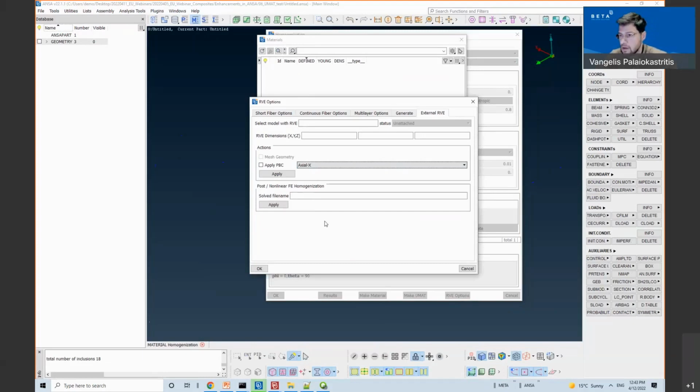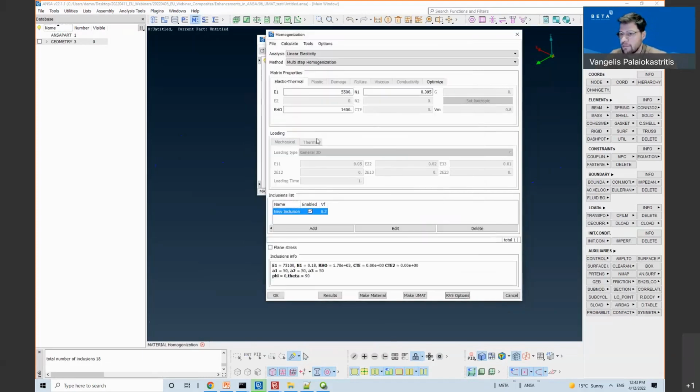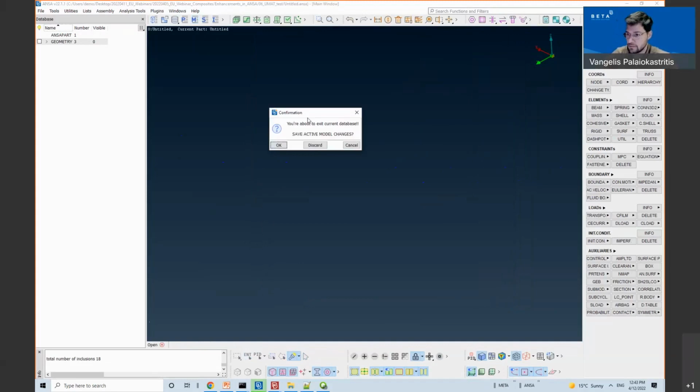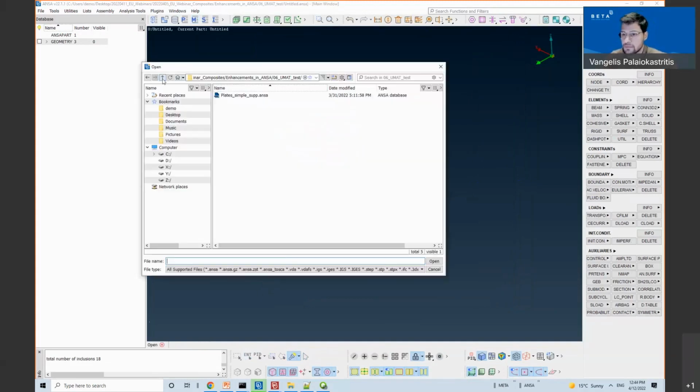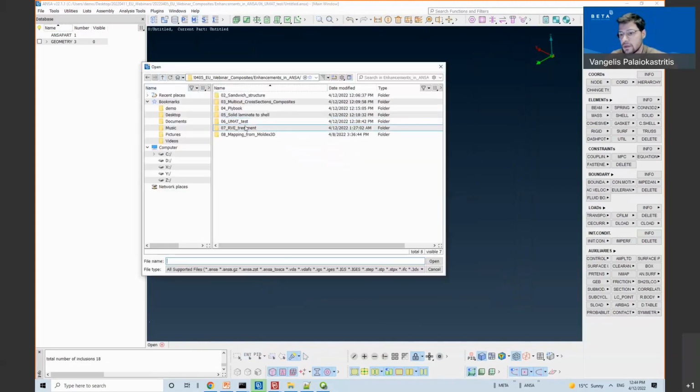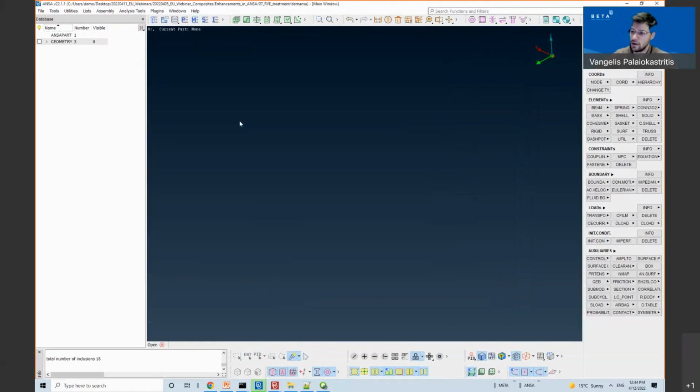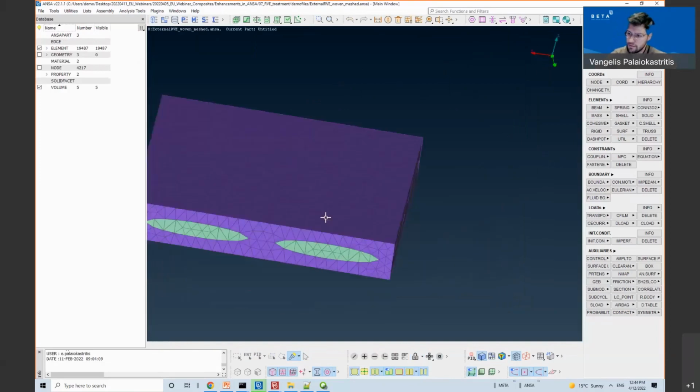So let's see an example. Here I have a woven RV.